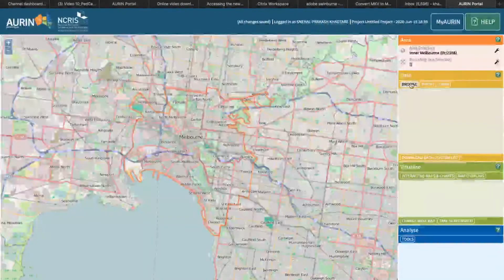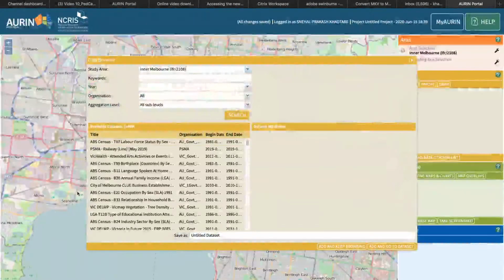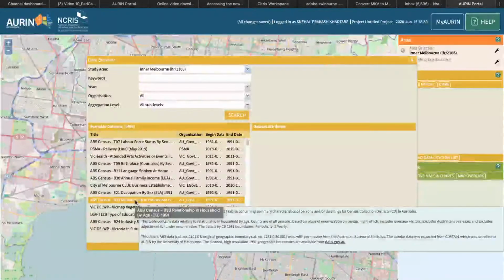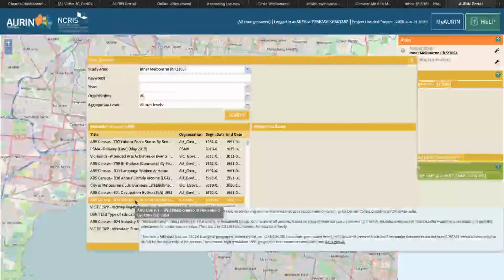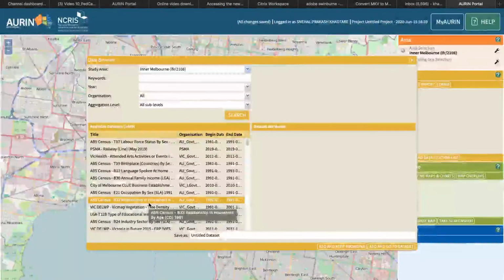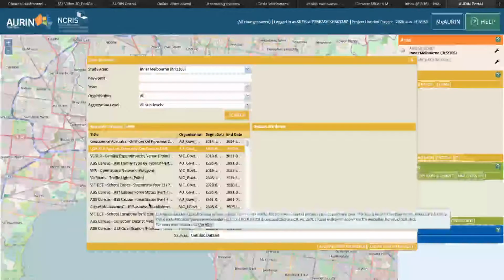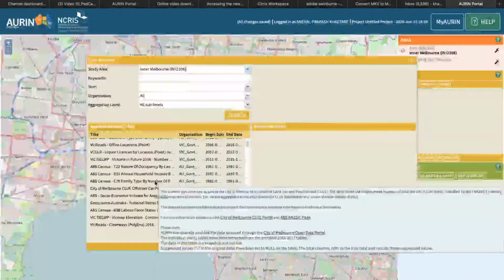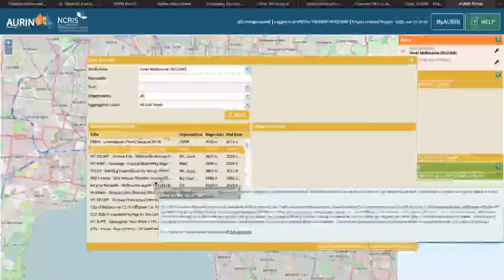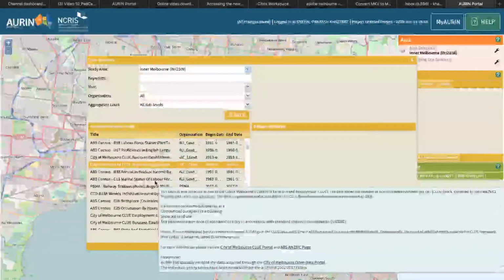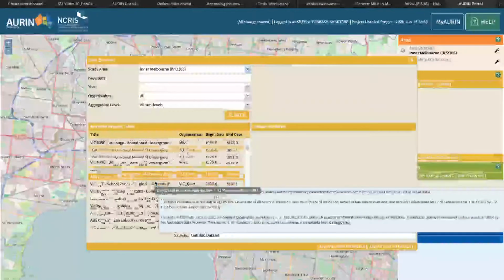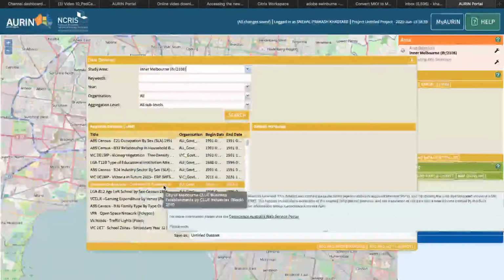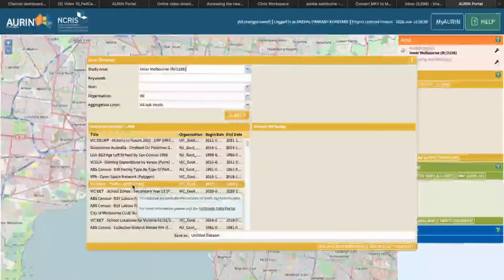Now in data, just browse for a research topic. So over here in this list you can see there are many research topics, so you can just select one or create a new one, but I'll just select one of them. I'll just select any one of them. So I'll select Victorian Road traffic light points,